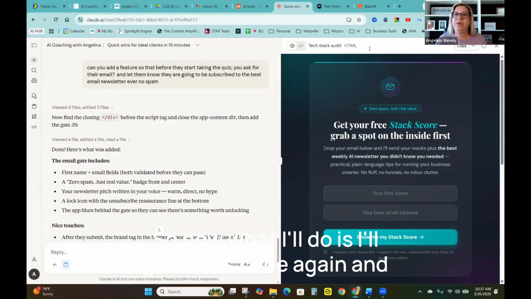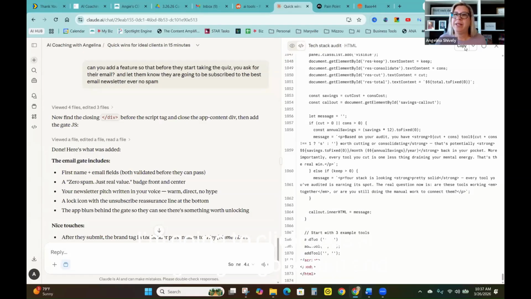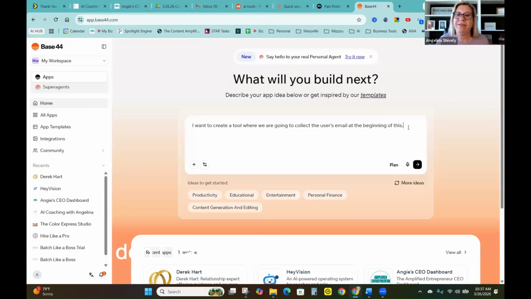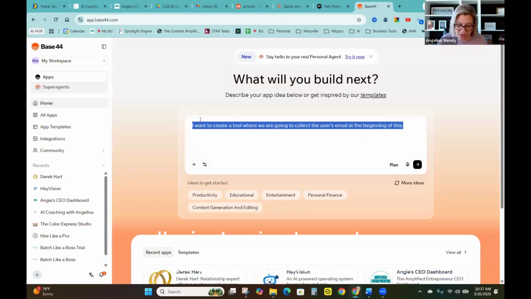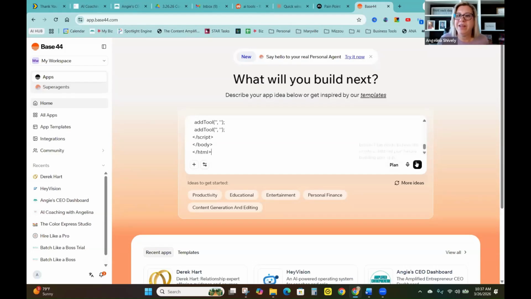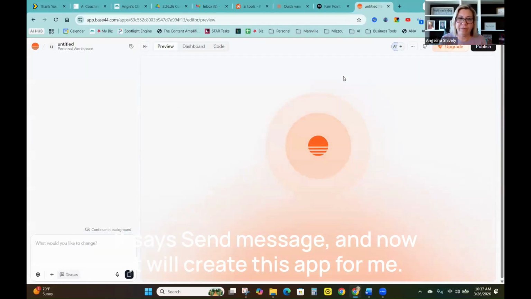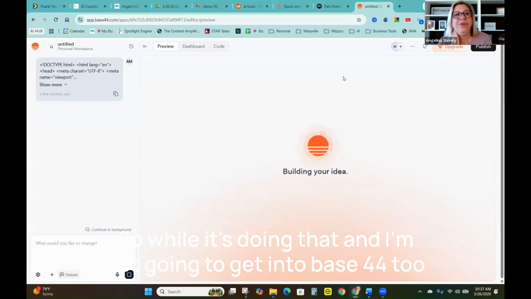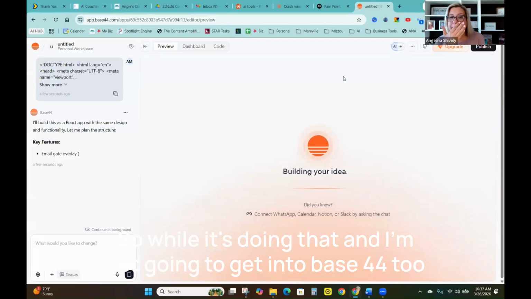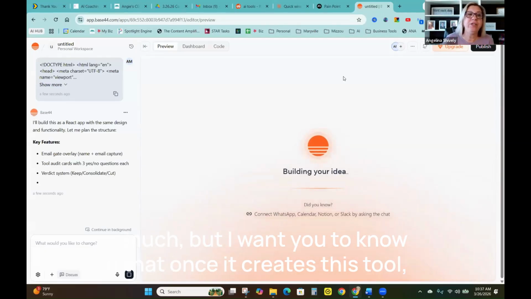So now what I'll do is I'll go to this code again and I'm going to click copy. I'm going to go to Base44. I don't have to put anything else. I'm just going to paste all of this code in here. Okay. And then click this little button that says send. And now it will create this app for me. Okay. So while it's doing that, and I'm not going to get into Base44 too much, but I want